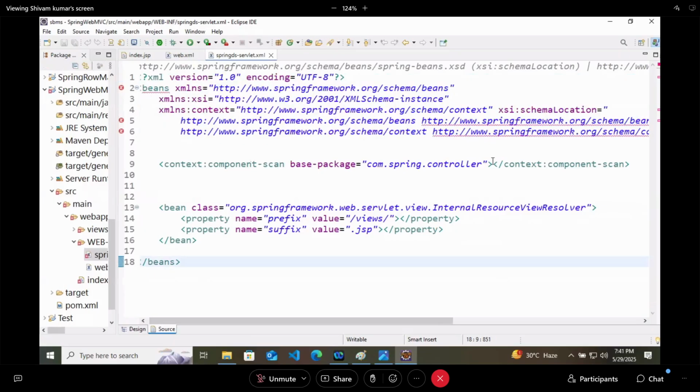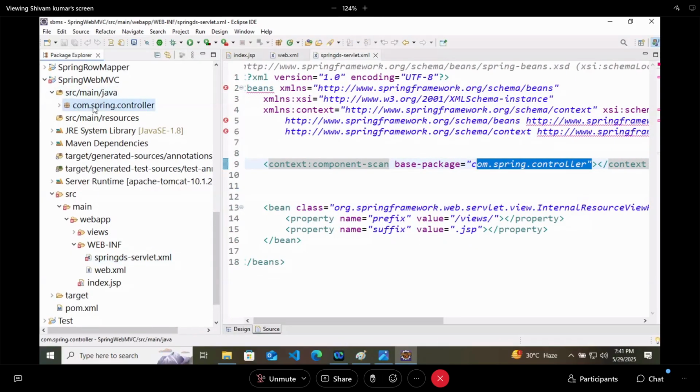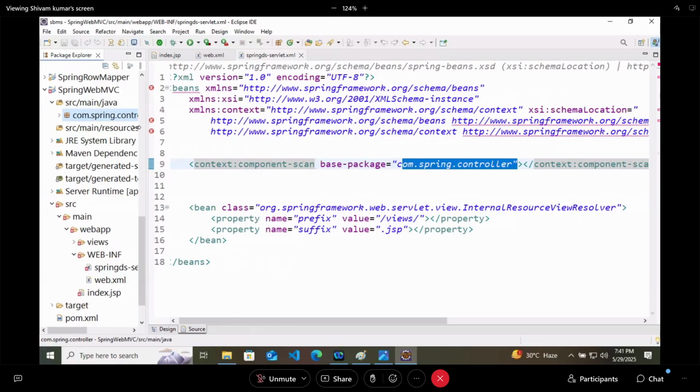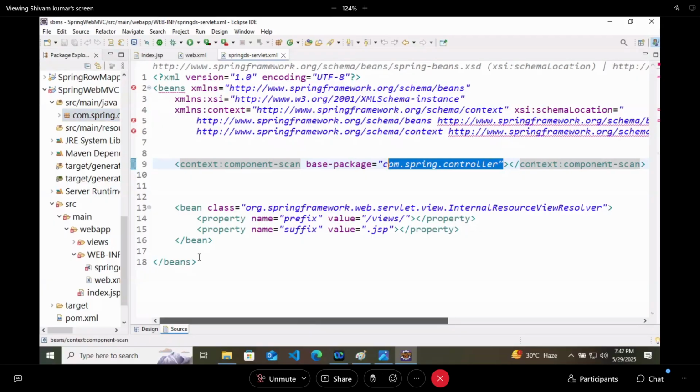And at first I have given context colon component-scan with base-package. Here I am providing the package name that has all the controllers, because the same package we have created in src main java, com.spring.controller.